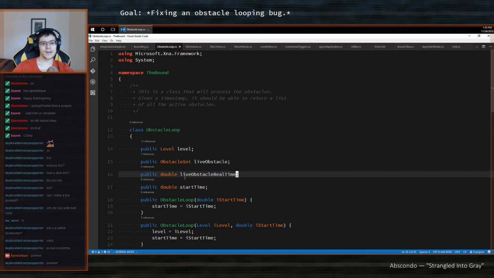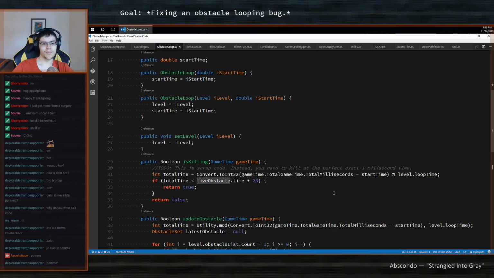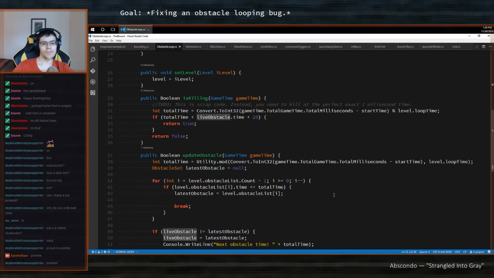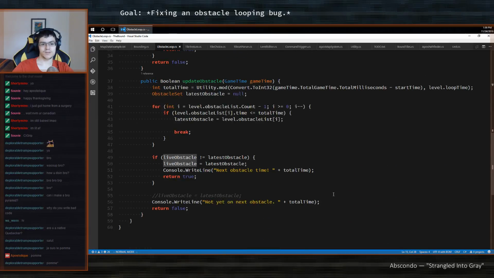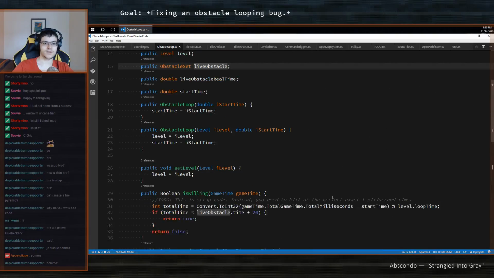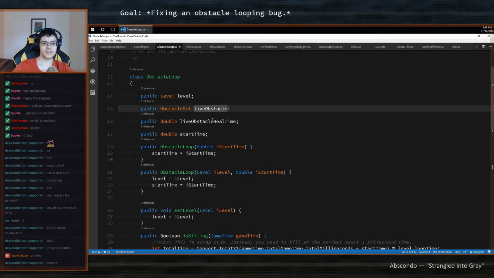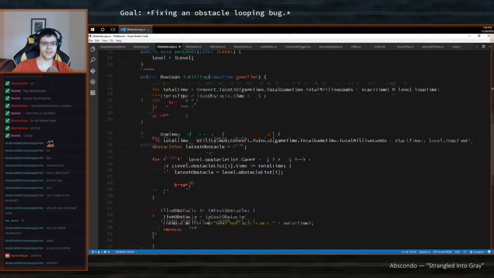So a double live obstacle real time. Should I just initiate this to 0 or should I leave it null?